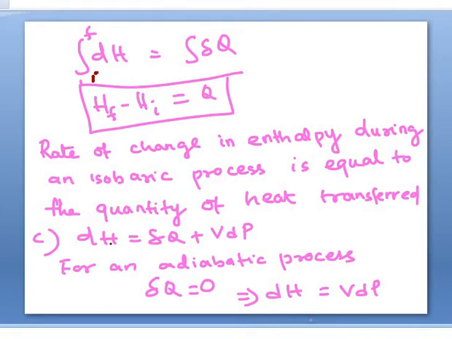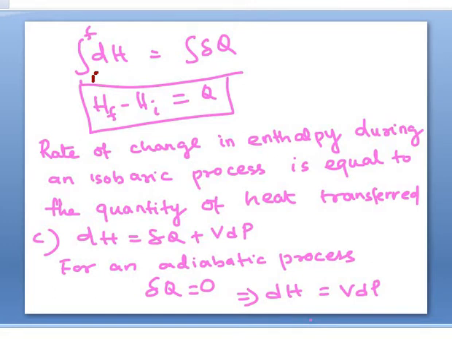Now let us look at another application of enthalpy, where dH is equal to dQ plus VdP. For an adiabatic process, del Q is equal to 0. We know in an adiabatic process there is no heat exchange. So dH is equal to VdP. Here we have not written dU plus PdV plus VdP; we have directly written del Q because we have done that before. This is also an important thing. dH is equal to VdP. PdV is the work done, but VdP is used for many practical applications where the pressure is varying. I hope it is clear.